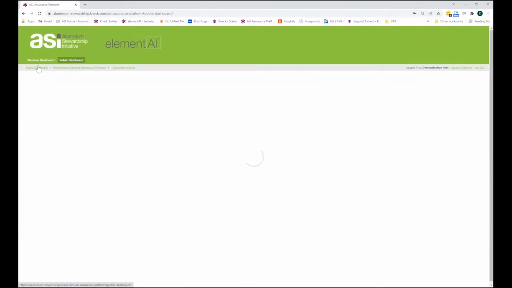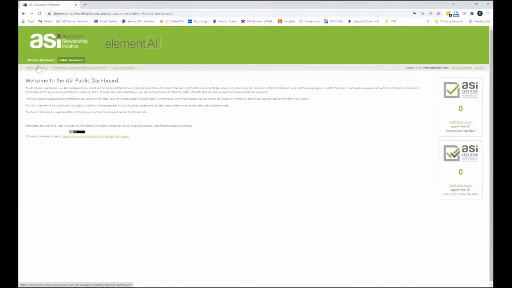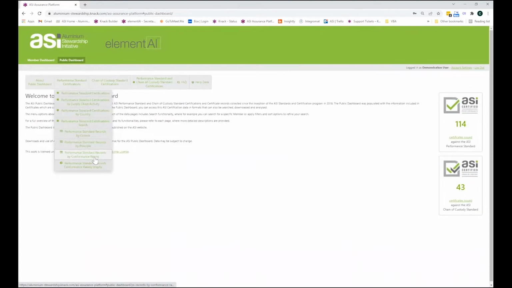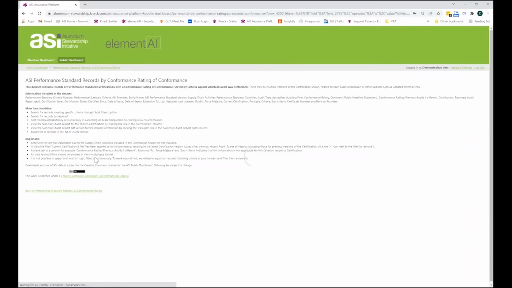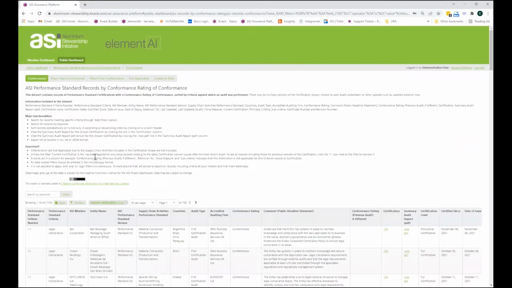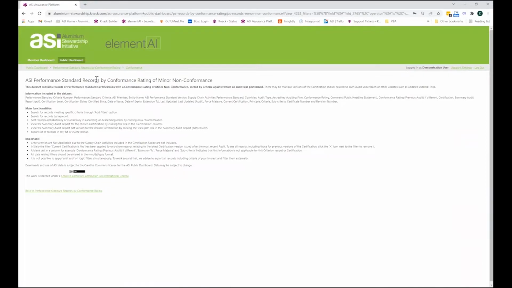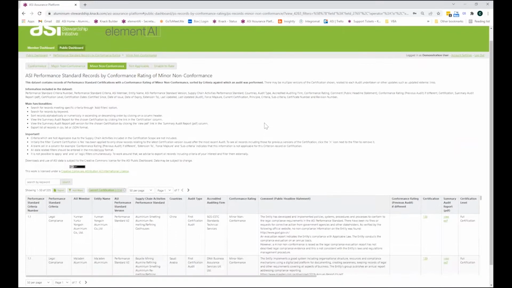You can also see the performance records by conformance rating. If I go back up to the top menu, and then select Performance Standard Records by Conformance Rating, this will display records for each conformance rating. By default, it displays the conformance, but you just click on one of these other tabs. So if you'd like to see the minor non-conformances, you just click on that tab,